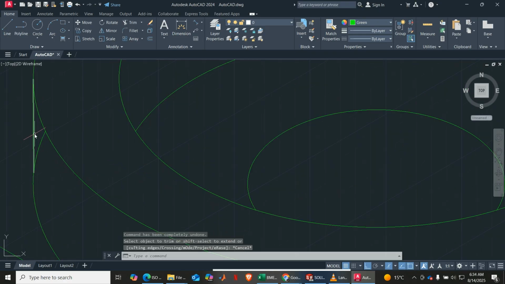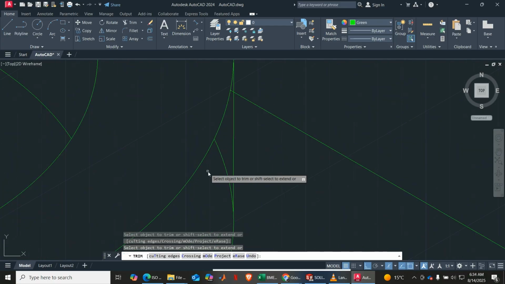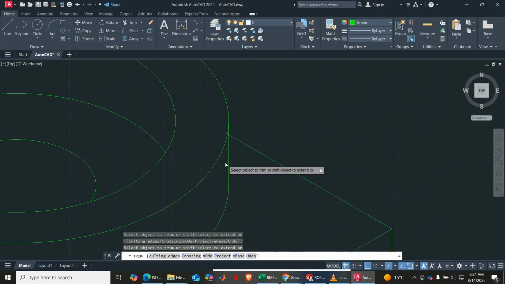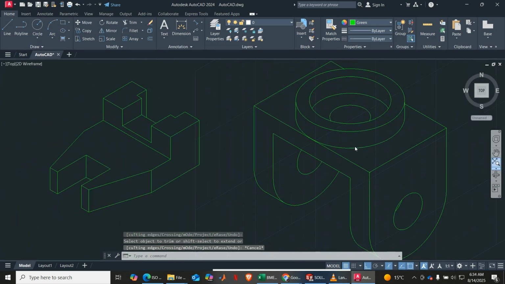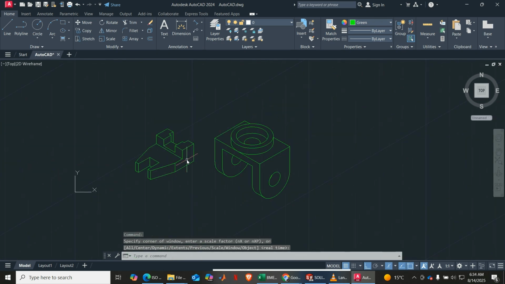That means this hasn't touched the point here. So let me find a point. Let's say TR. Yeah. This one trim. Yeah. So voila. There we have